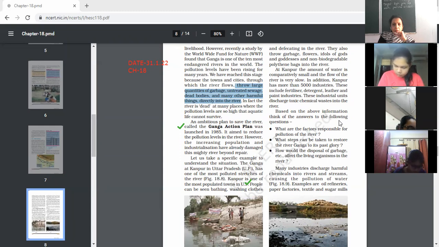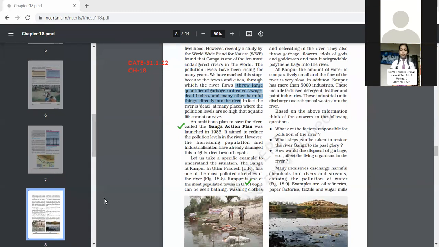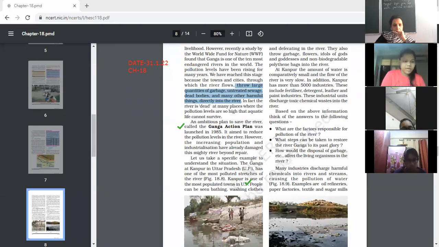Is the disposal of garbage in the river going to affect the living organisms? Are living organisms affected or not? Tell me. Yes, ma'am. So first your answer is yes, the living organisms are affected, because whenever they are, you must have seen many of